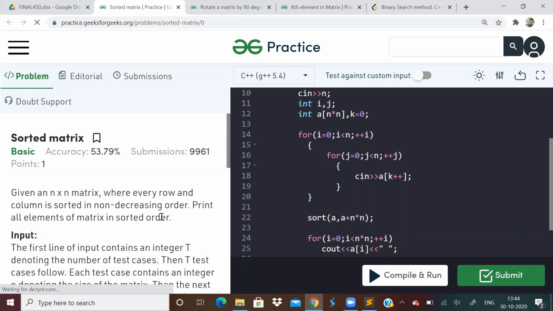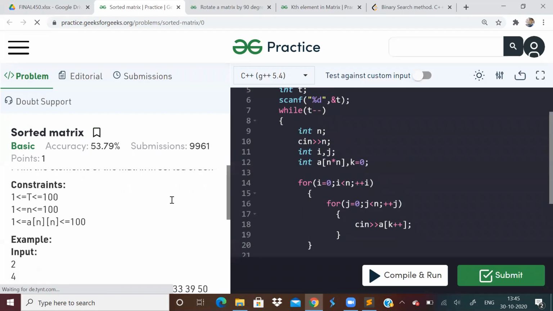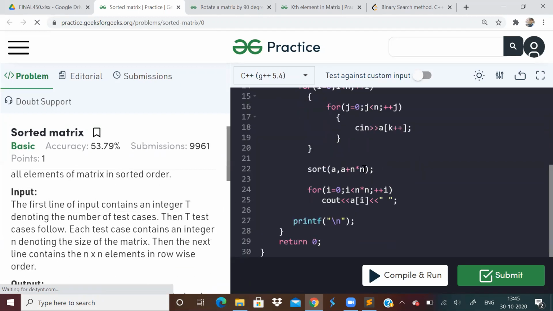Now, to do this question, you can use the merging technique. That is, when you accept the input of the matrix, in this for loop, you can use the merging concept. But I would prefer to not even take it as a matrix input because it makes the problem simple.